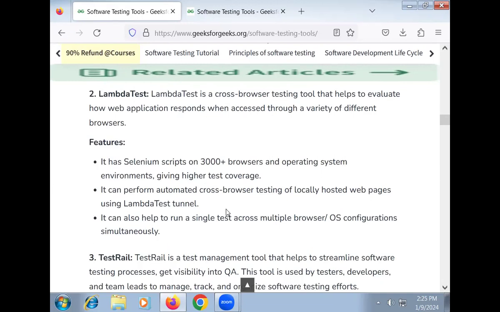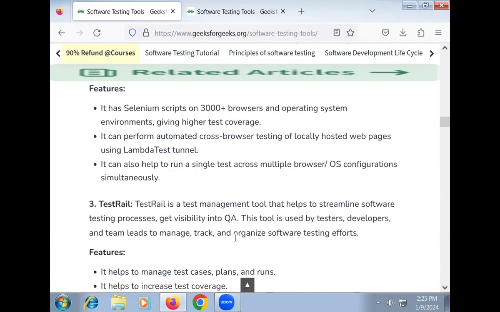coverage. It can perform automated cross-browser testing of locally hosted web pages. It can also help to run a single test across multiple browser and operating system configurations simultaneously. The third one is